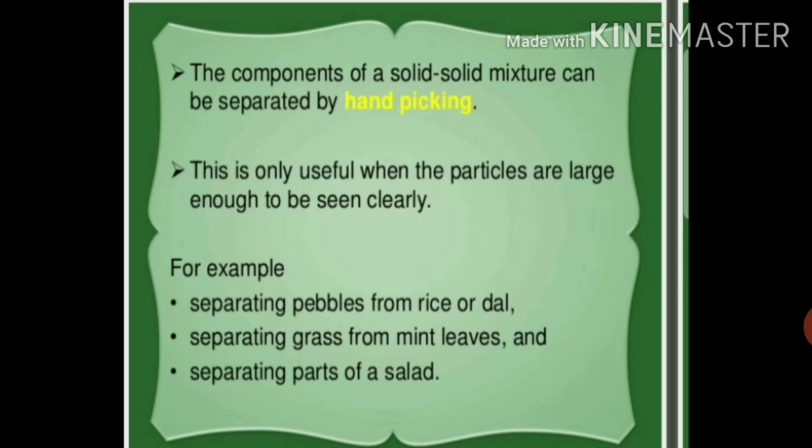Now what is a solid-solid mixture? It is obtained by mixing two or more solids. In a solid-solid mixture, all the components are in solid state. So the components of a solid-solid mixture can be separated by hand picking. So what is hand picking? Hand picking means